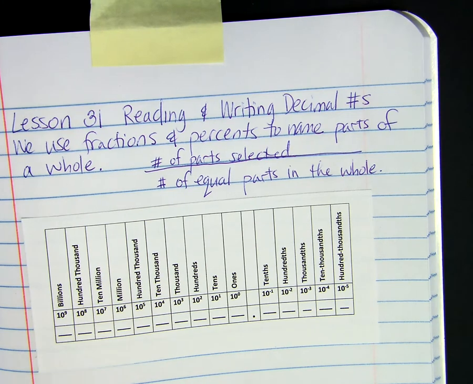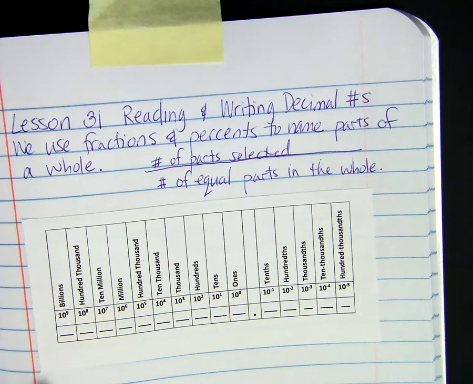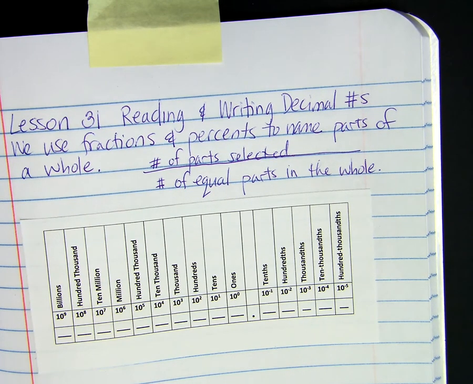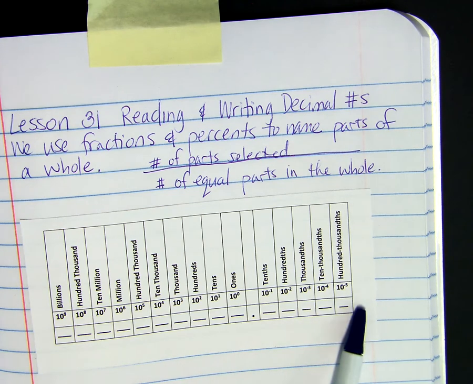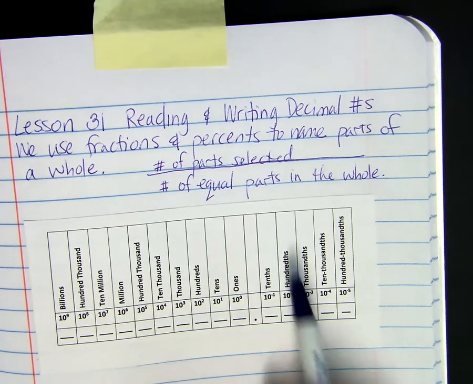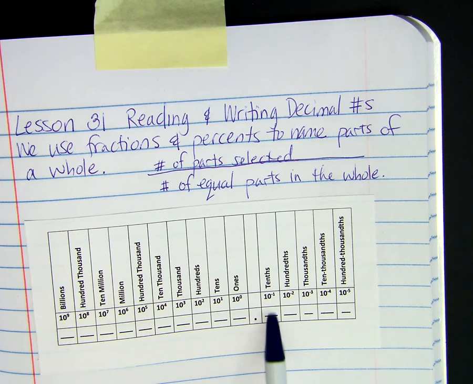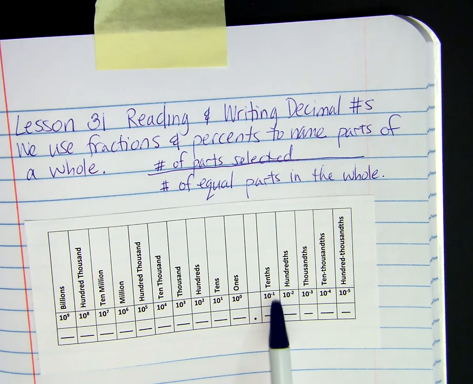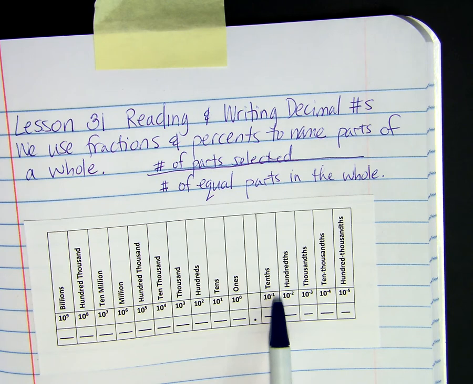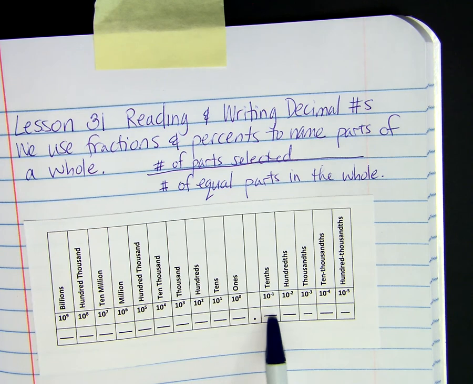This chart also has the place values that are to the left of the decimal numbers, so your ones, tens, hundreds, thousands. The decimals would be tenths, hundredths, thousandths, ten-thousandths, hundred-thousandths. So if you notice on this exponent, the tenths place says that it's 10 to the negative 1. So how many zeros are in 10? 1. And that's the first